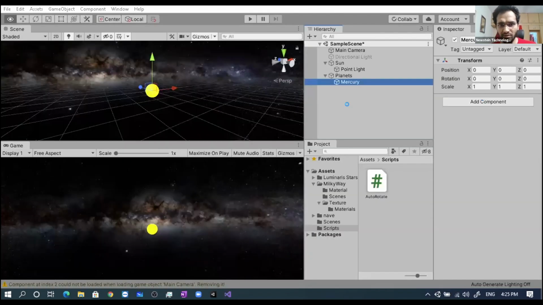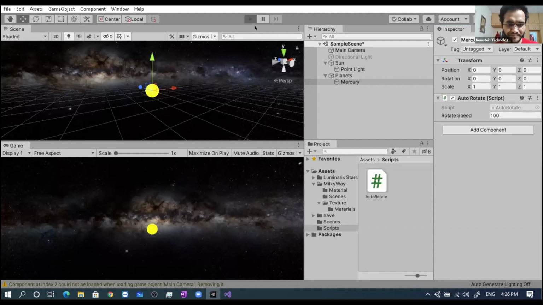Okay. Now this was done in the last class only, so this is nothing new. Auto rotate script, which rotates an object, and I'll apply this script to this Mercury object, game object.